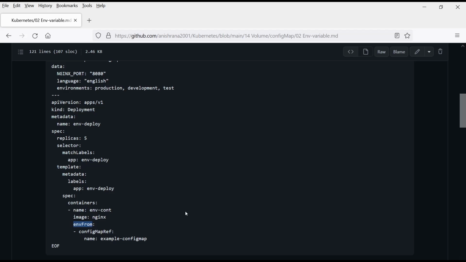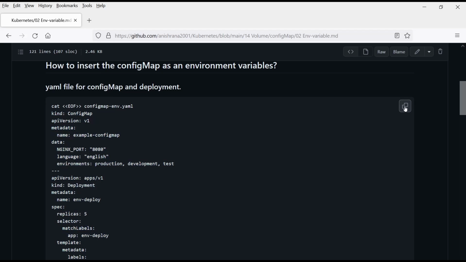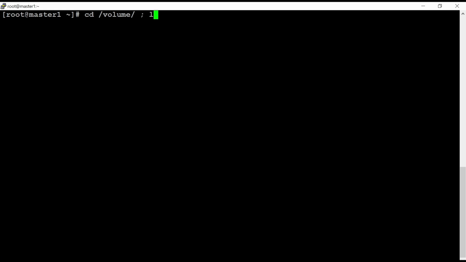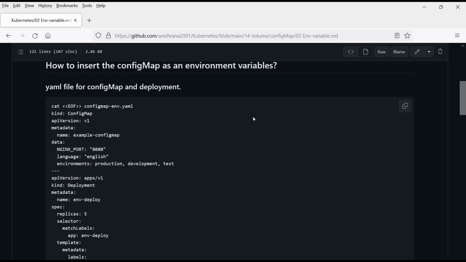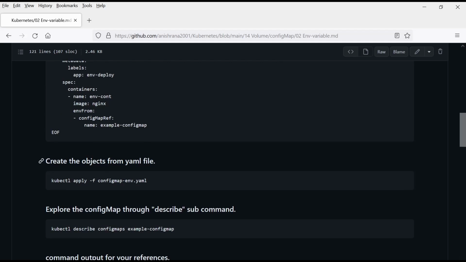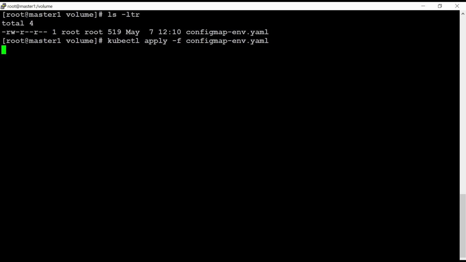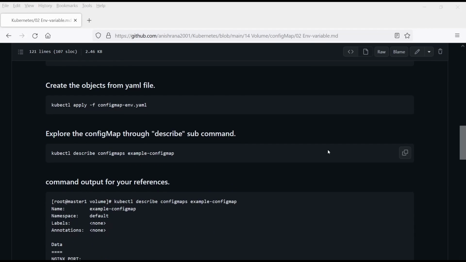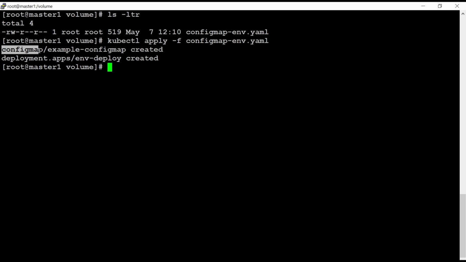Here we are using envFrom, same as we did for the previous lab. Let me copy this, paste it over here, and then perform ls. Our file is created. Create the object from the YAML file, so I'm just using the kubectl apply command. Once it's done, from the output we get to know that our config map, named example-config-map, is created, and the deployment, named env-deploy, is also created